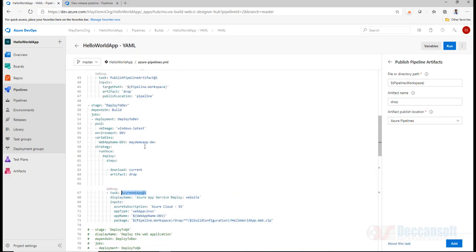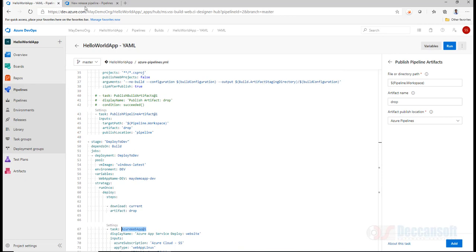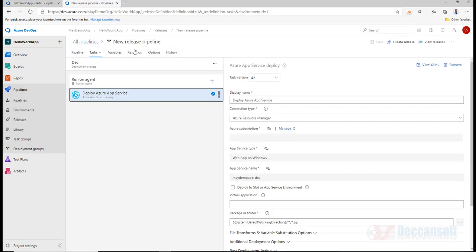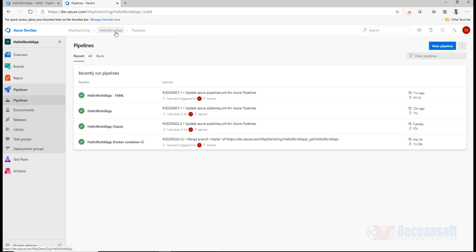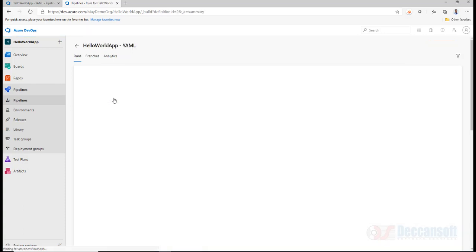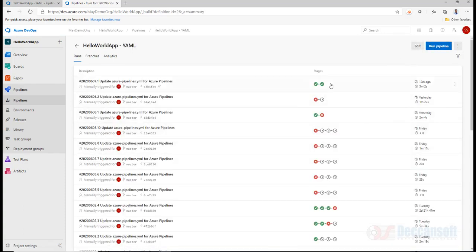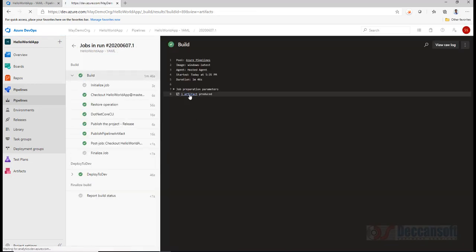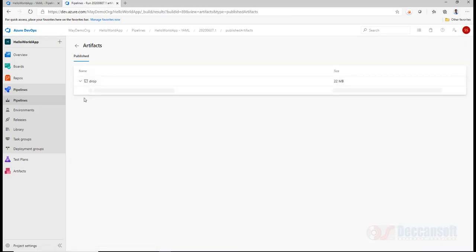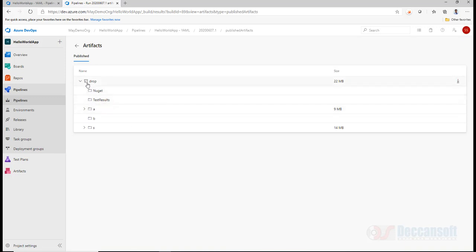The best thing I suggest you do is what I did here. After you execute the pipeline, understand the directory structure. Go here and understand the directory structure. Once you understand it, you know this is the workspace.